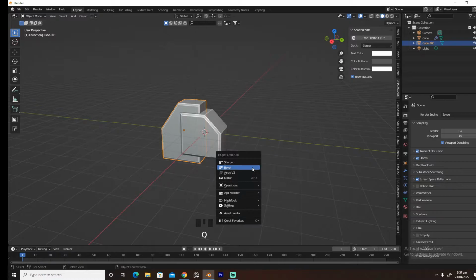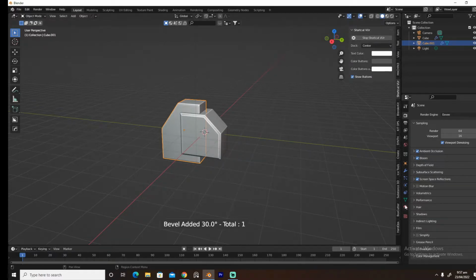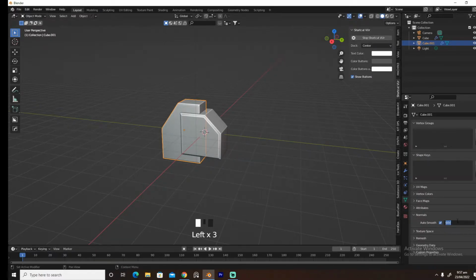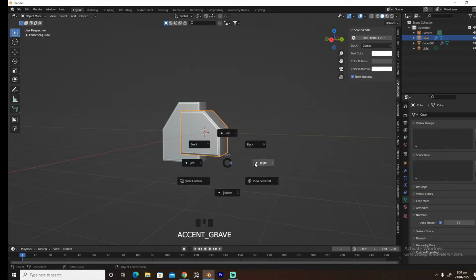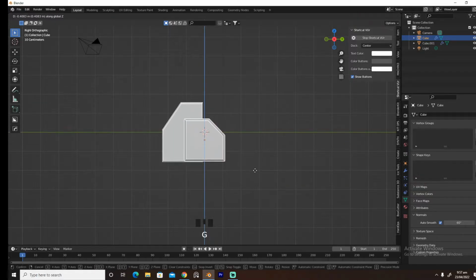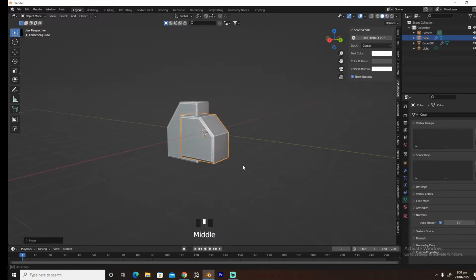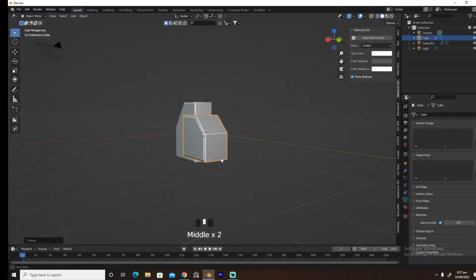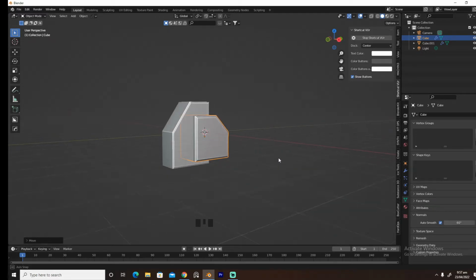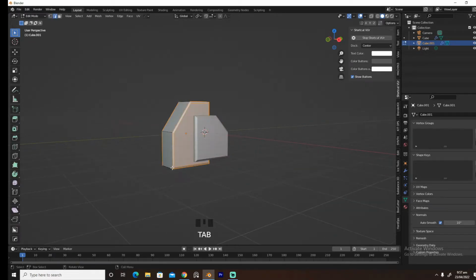have something like this. And I'm gonna bevel this, gonna go into geometry and give it 20, maybe 10, and maybe bring this guy to right about here. And let's select this edge and